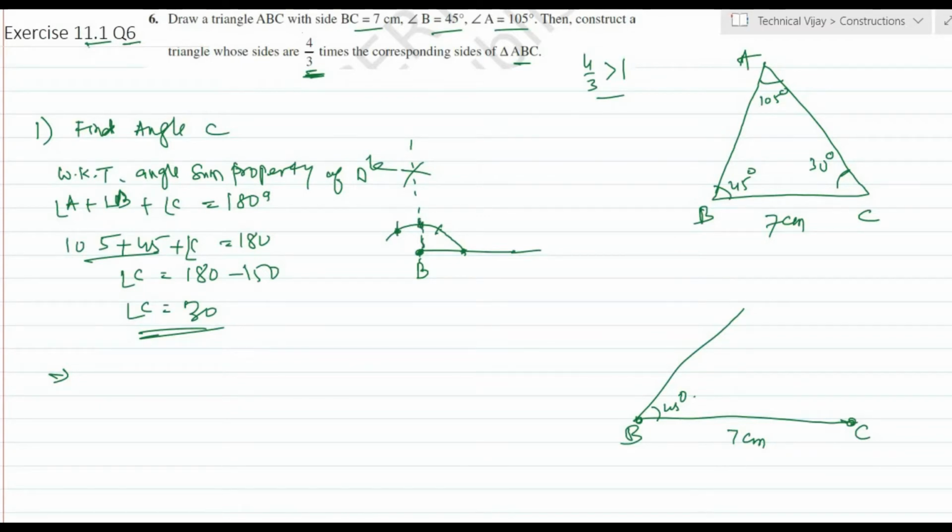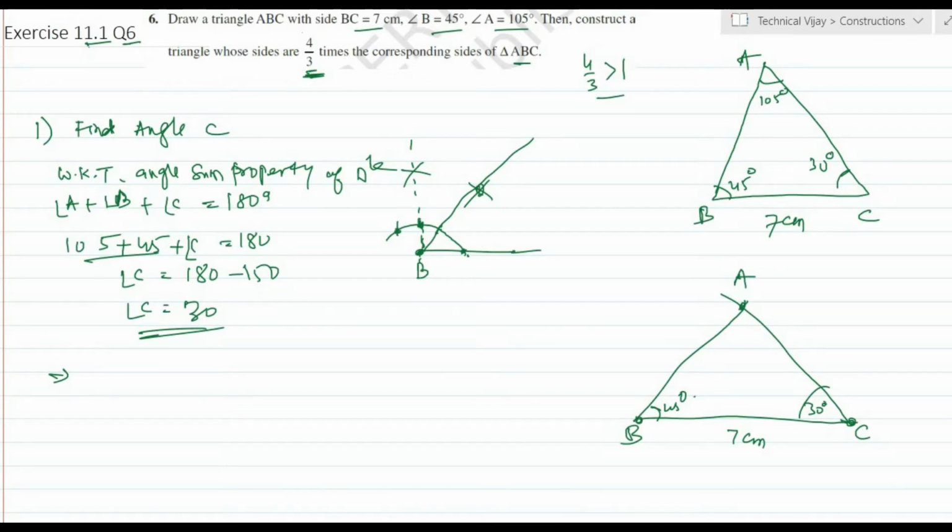Okay. So this is 90 degrees, and from this point and this point you have to make one more bisector, like this. So this will be 45 degrees. Okay. So in this way you construct this 45 degree angle. And in the same way you can construct 30 degrees also, here at this point. These are also the same steps. Draw angle C equal to 30 degrees. Let point A be the intersection of this line and this line.